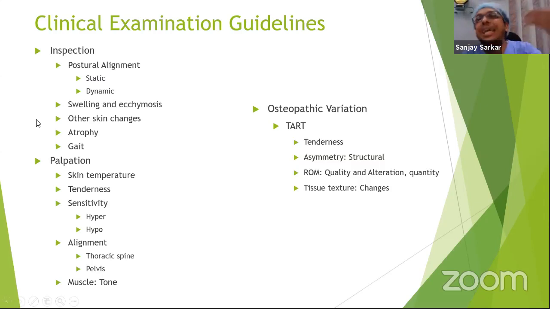So obviously, when you inspect an individual, postural alignment, both static and dynamic, is essential. And I don't want to go through it because I know as a student, you already know how to do that postural posture examination and evaluation. Other skin changes, swelling and stuff, certainly you go ahead and take a look. You can certainly see symmetry of the two sides of the body to check for atrophy and other anomalies, abnormalities,